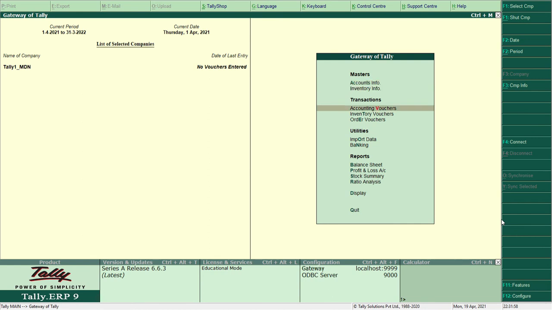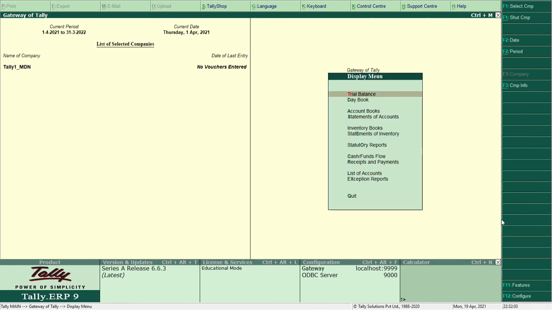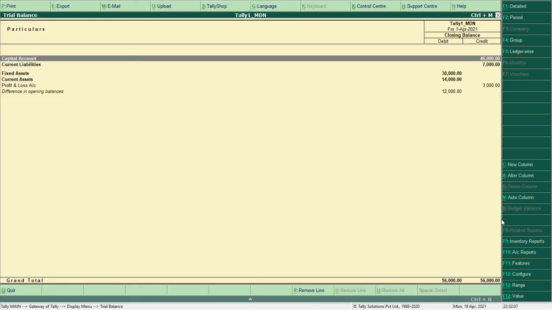Now to show the list of ledgers, display trial balance. So these are the heads which we have already created. I just press Alt F1.